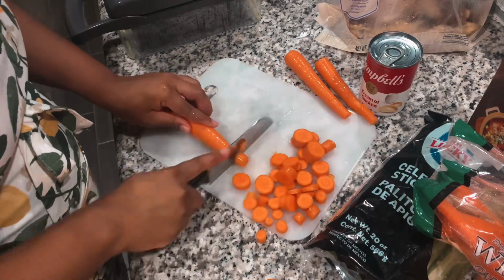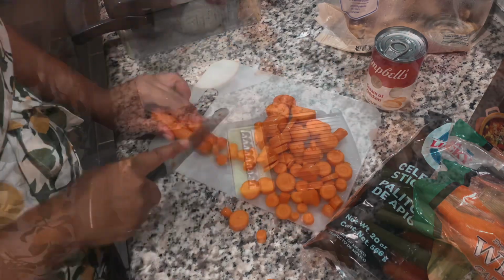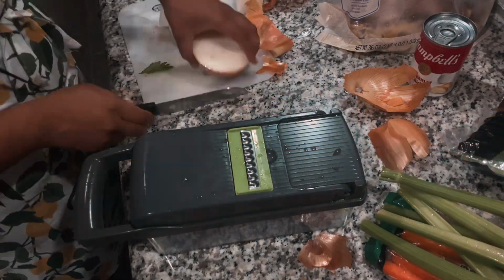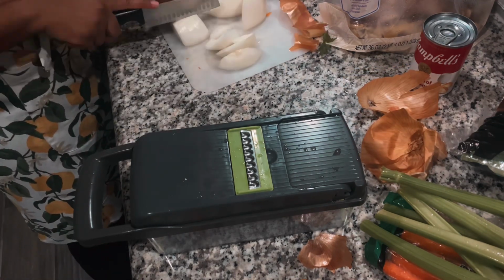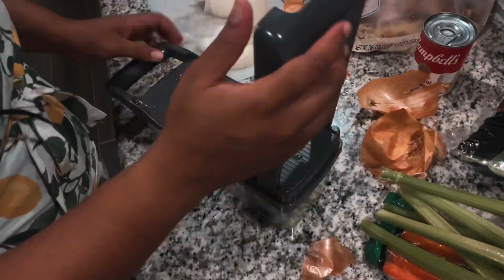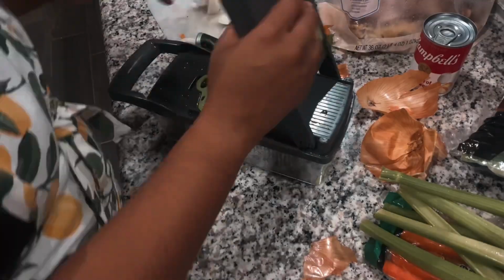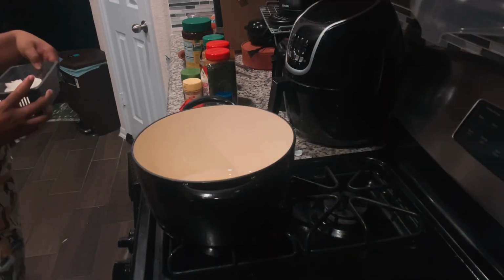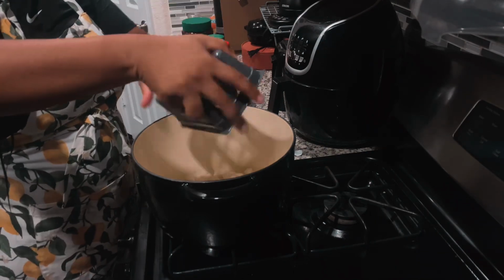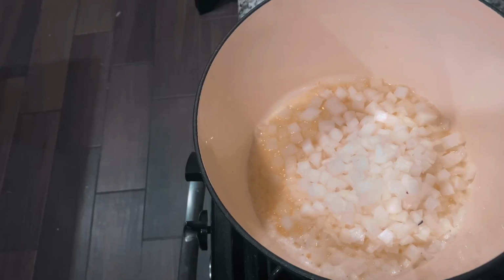So I just went ahead and cut up all of my vegetables. In the middle of me cutting up these carrots, I realized I need to go ahead and throw in the onions. So I went ahead and put a tablespoon of butter in my Dutch oven, and then started working on these onions so they can saute a little bit, because I just love the flavor. So I'm using a whole onion. You can use half an onion. I just love the flavor of an onion, so I'm using a whole white onion. After I cut that up, I throw that in my Dutch oven with that butter. And then I head back over to the cutting tray and get started on cutting up my